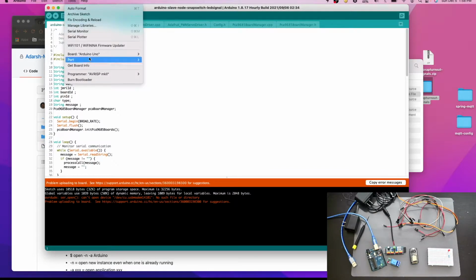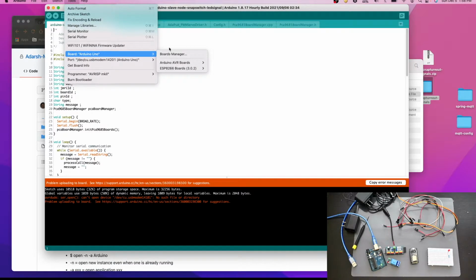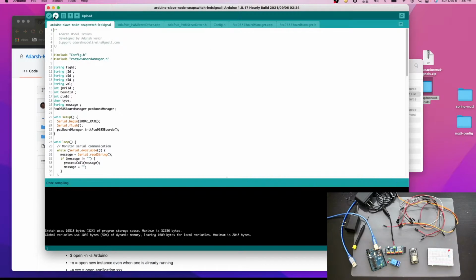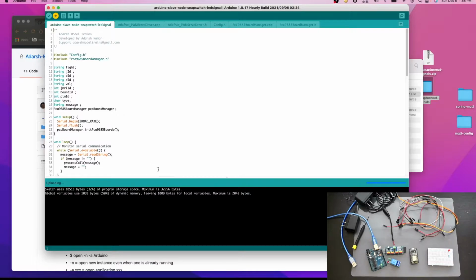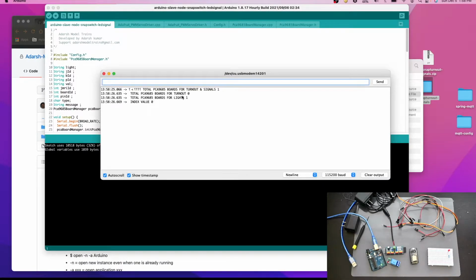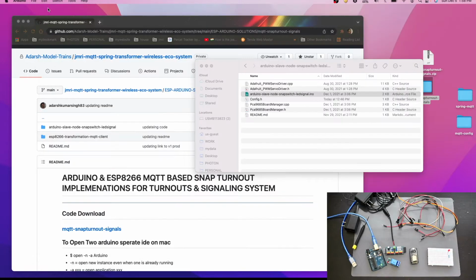For that we first have to go to port, select the port, and select the board type, Arduino. Compilation is done. Let's upload the code. Uploading is done. Here we can see the PCA port for turnout is 0, for light it is 1. So one code we have uploaded.